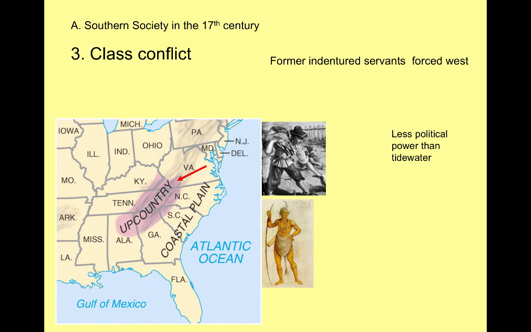They see that their colony is controlled by these East Coast elite who used to employ them, and they have all the money, they have all the land, the good land, and for that reason they also have all the political and economic power in the colony. So there is this East-West tension that develops in the South. The East, of course, is the elite, the politically and economically powerful plantation owners, and then the West are the upcountry poor indentured servants or former indentured servant farmers.